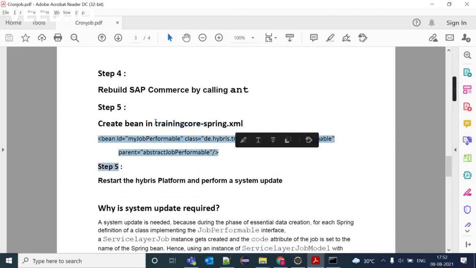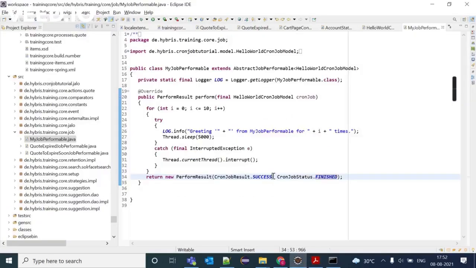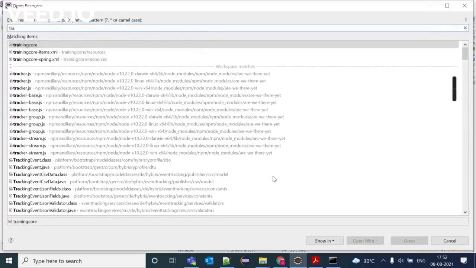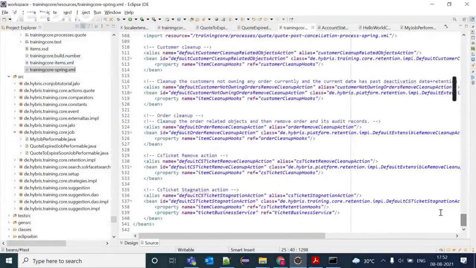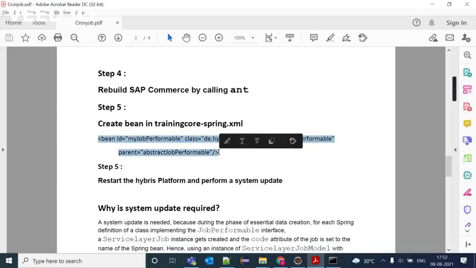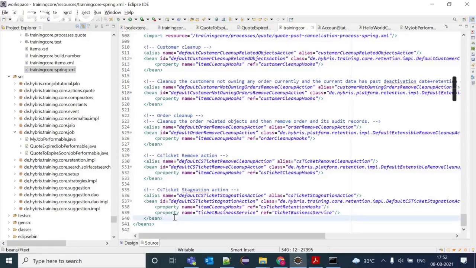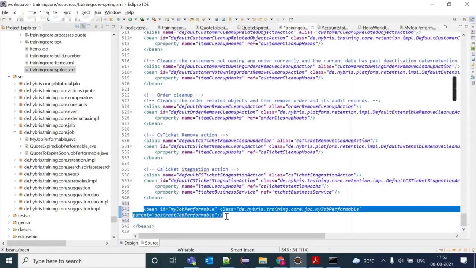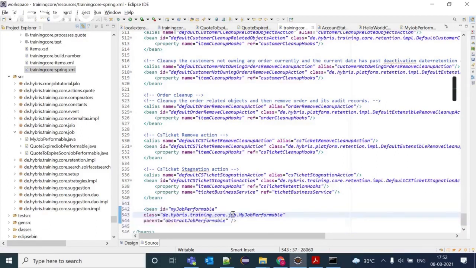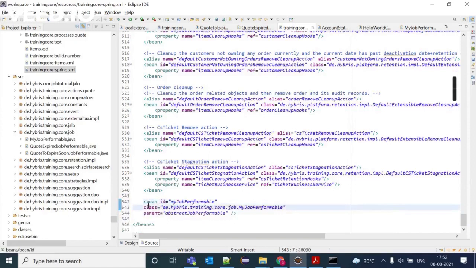Let me copy it and open it. Here you can see I have given the bean ID as myJobPerformable. Class is nothing but the path, and the parent is abstractJobPerformable.